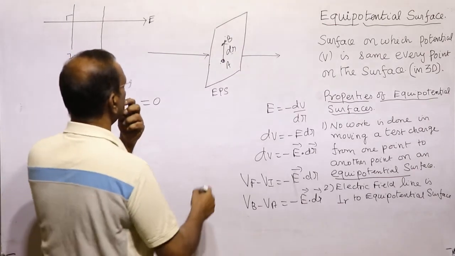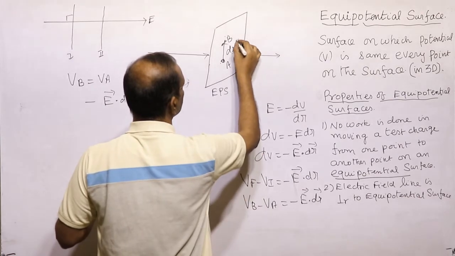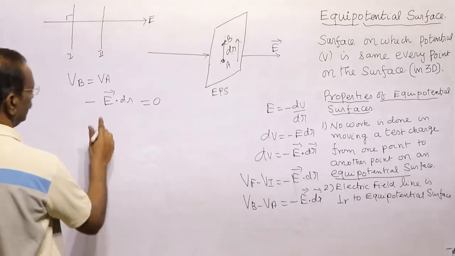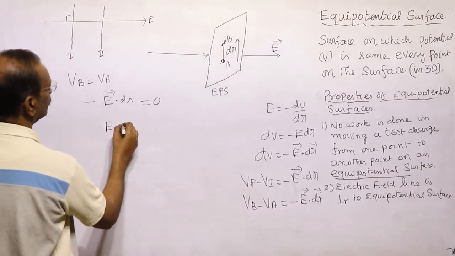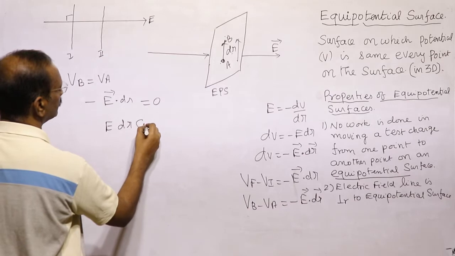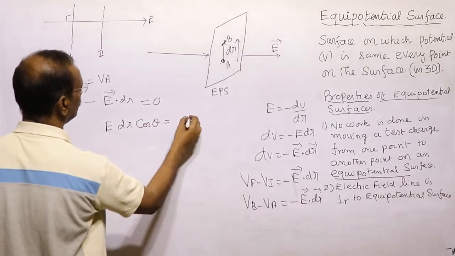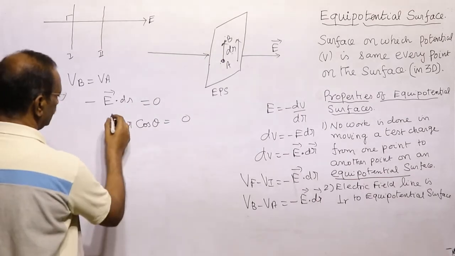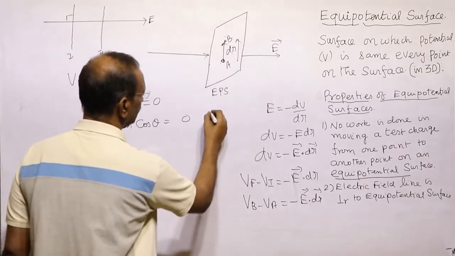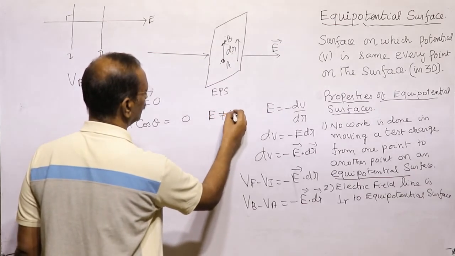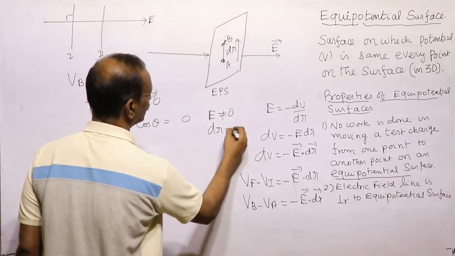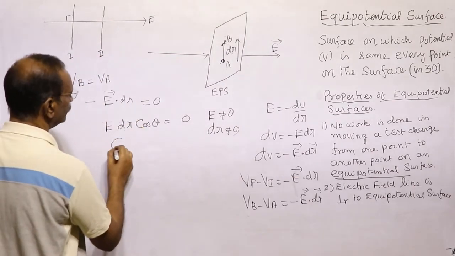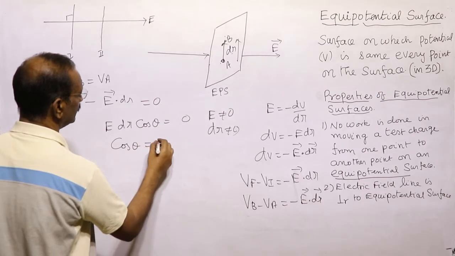This is the direction of dr, and this is the direction of electric field. Now we can simply write E dr cos theta is equal to 0. The negative sign goes to this side, and minus of 0 becomes simply 0. Since E is not equal to 0, and the distance dr is also not equal to 0,